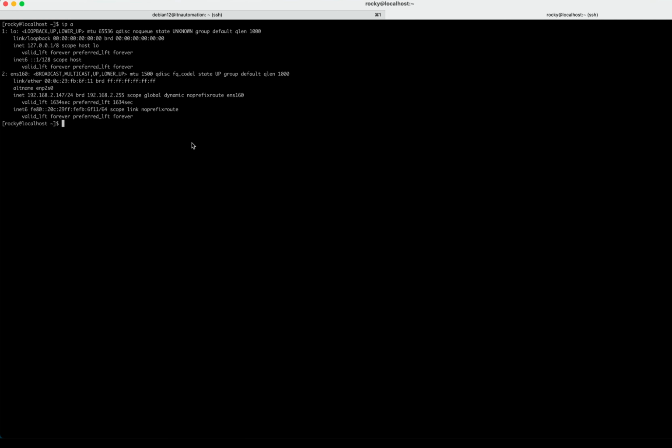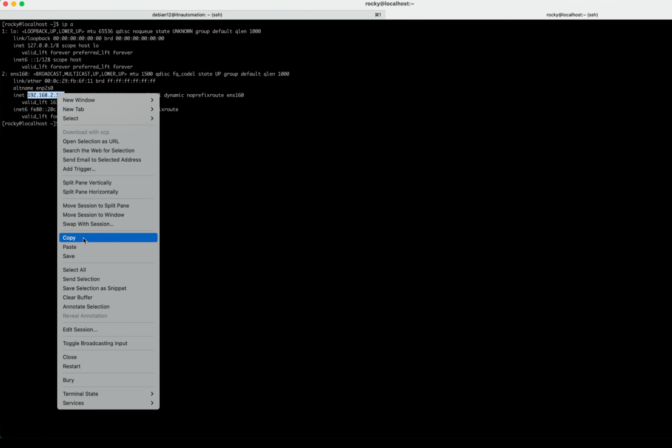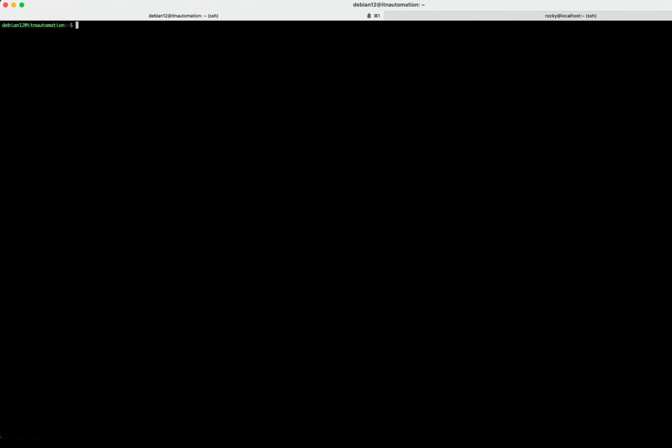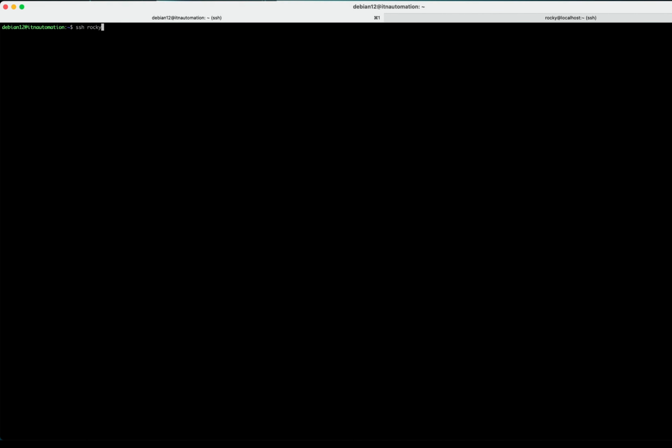So the IP address for Rocky Linux is 192.168.2.147. So let's copy this. Now let's go back into the Debian host and let's SSH into Rocky Linux using the command ssh user at hostname. In our case it is ssh rocky, which is the username, at the IP address,